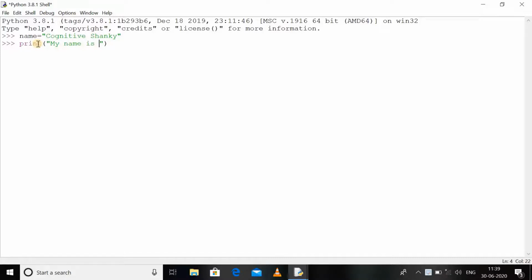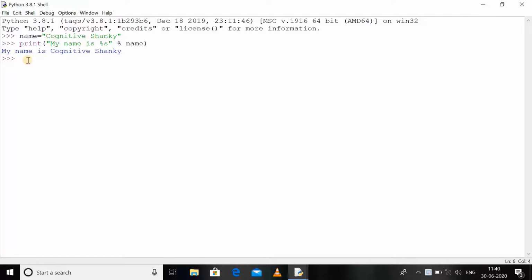As it is of the string type, I have to use modulo s, and then use a modulo again and pass the name as a variable to the print method. So in this way you can see that the name value, cognitive Shanky, will replace the modulo s in my message, and it will be printed as a complete string.